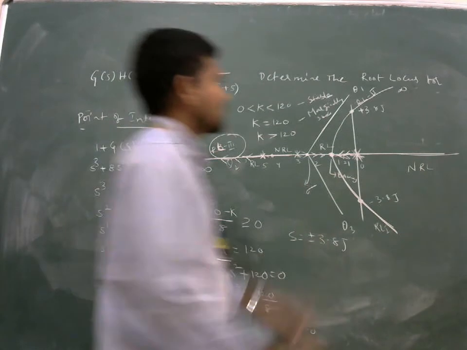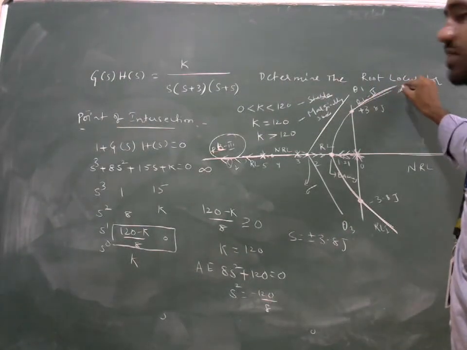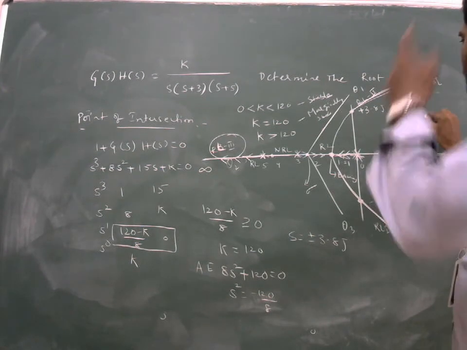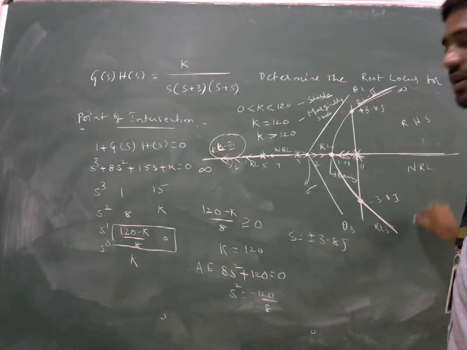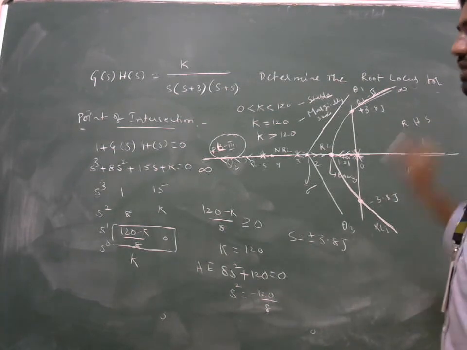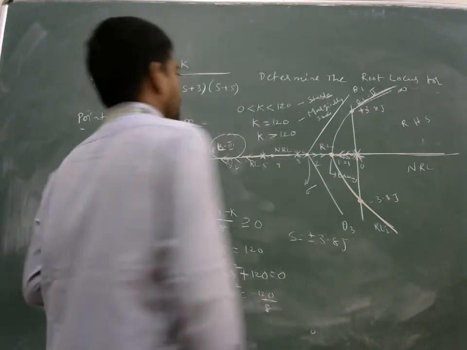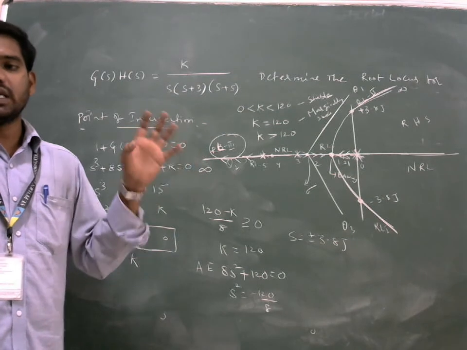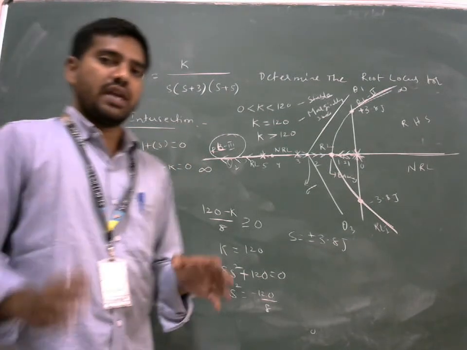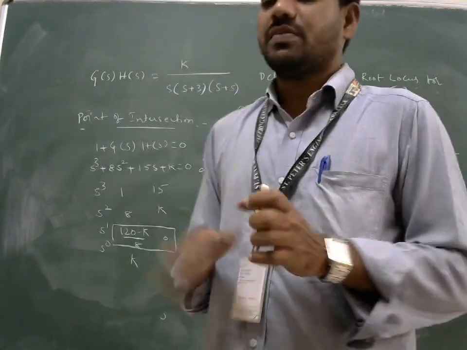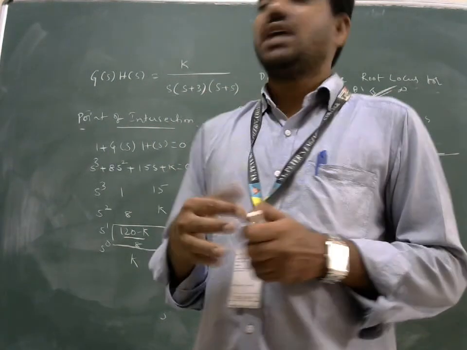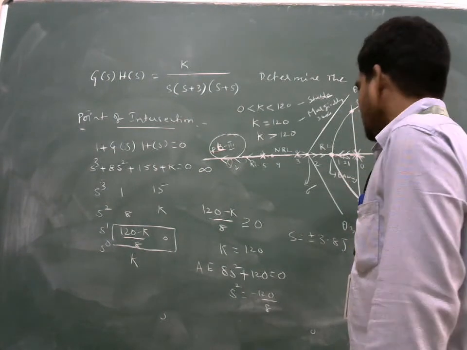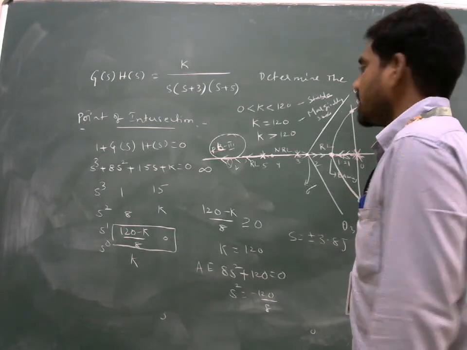It will be going in this direction. In this direction, which part of the s-plane is it? This is the right half of the s-plane. If it goes into the right half of the s-plane, then the system will become unstable. So the advantage of root locus is that we can tell with exact values, from the value of k so and so to so and so, the system is stable. If it is exactly k equal to 120, the system is marginally stable. If k is greater than 120, then definitely it will become unstable.